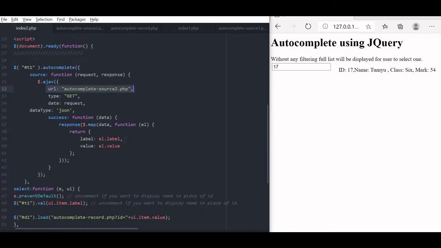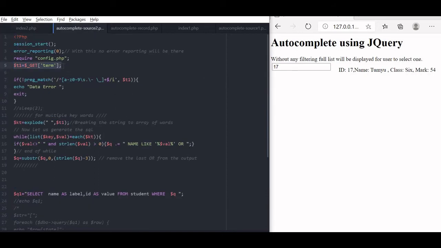Now, you can see the index file is here, whatever we type here will be available to our source2 as term. So, we first collect it here, then this is to prevent any injection attack, because we are sourcing it from outside. So, before passing a query, let us remove anything other than a search string, if any other code is inserted. Now, this part builds the query, because this is a part of a PHP code which creates the query dynamically. Now, let us go to index2.php.